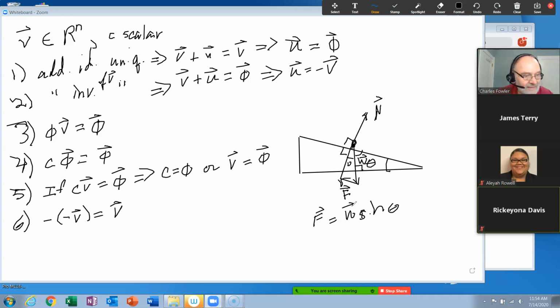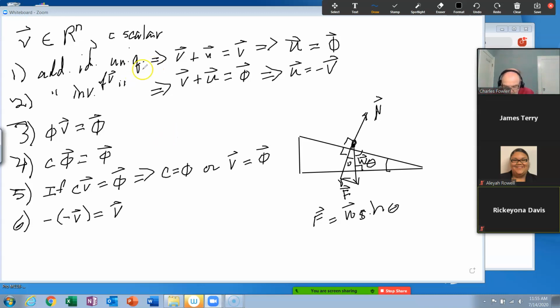All right, let's move on to the top of page 158. Now, let me see if there's anything I need to write here. An important problem in linear algebra involves writing one vector x as the sum of the scalar multiples of other vectors v1, v2, all the way up to v sub n. That is, for scalars c1, c2, all the way up to c sub n. Here's what we're trying to do.